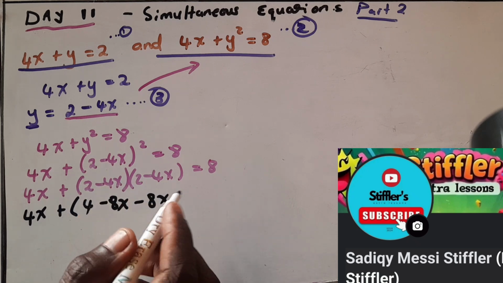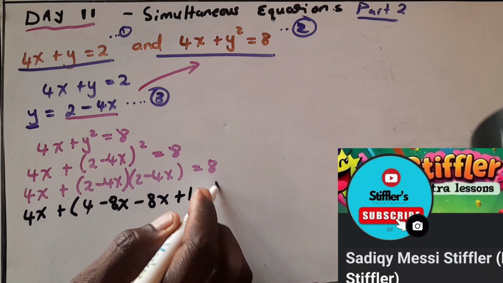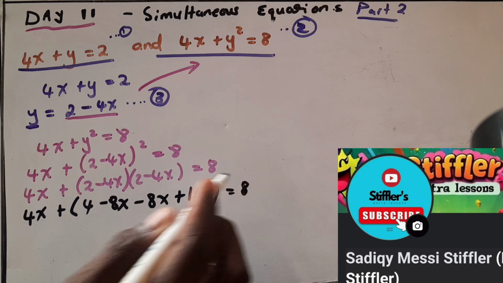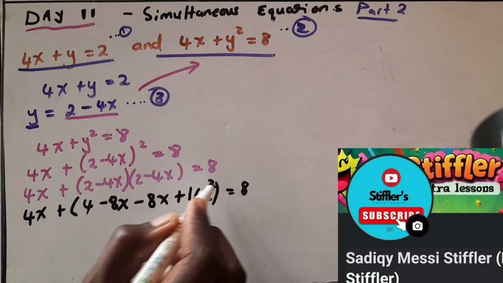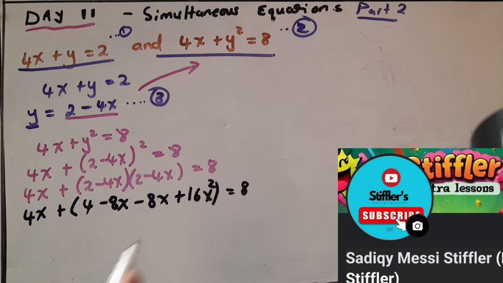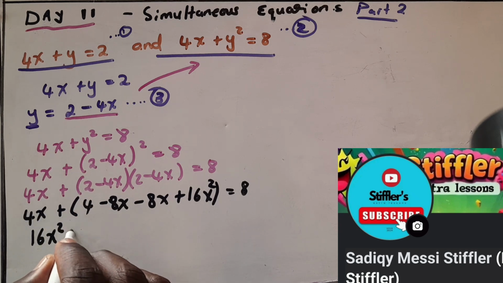And this now becomes positive 16x squared, equals 8. Now we proceed by grouping the like terms together. So this becomes 16x squared, and now we check 4x minus 8x minus 8x, this is minus